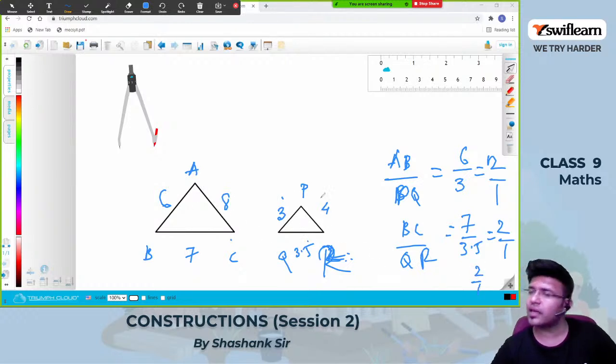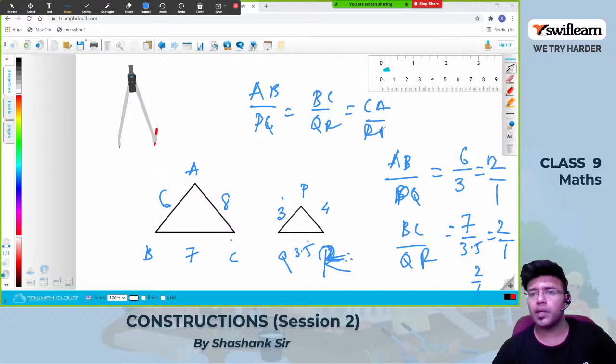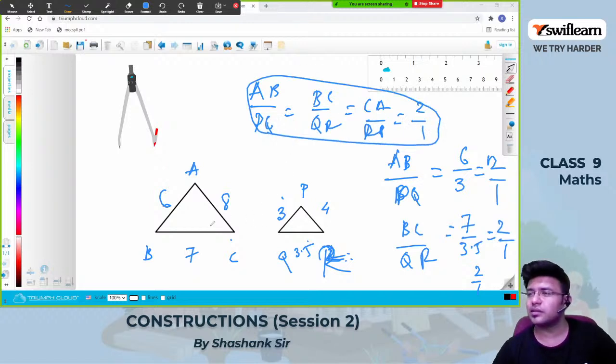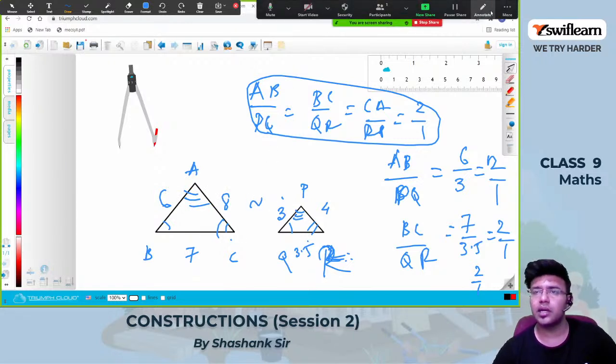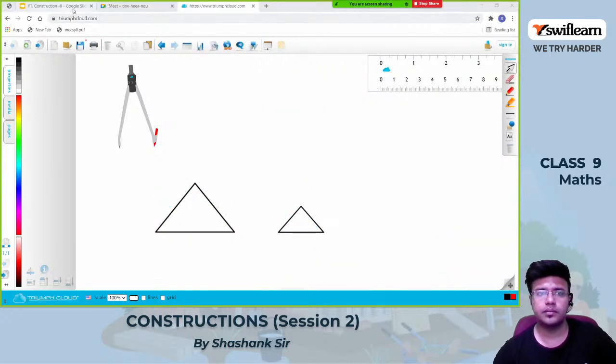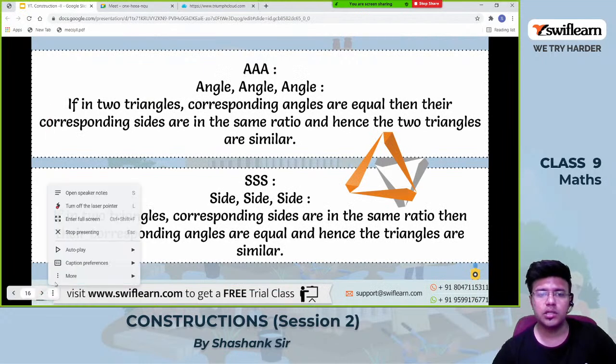Now all the sides, are they in the same ratio? Yes, AB by PQ is equal to BC by QR is equal to CA by RP. They are in the ratio 2 is to 1. If the two triangles have their sides in the same ratio, then we can say the angles are equal. This angle is equal to this angle, this angle is equal to this angle. So the angles are equal and hence these two triangles are similar. So this is what is triple S